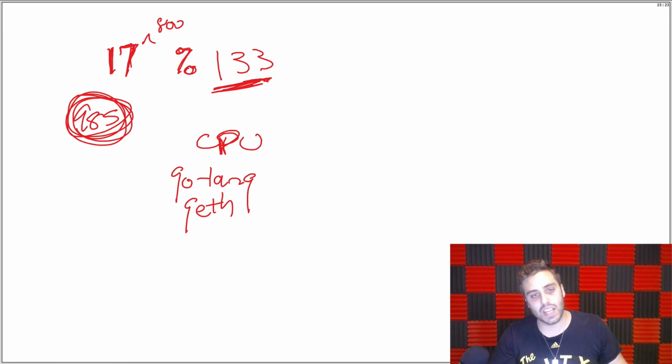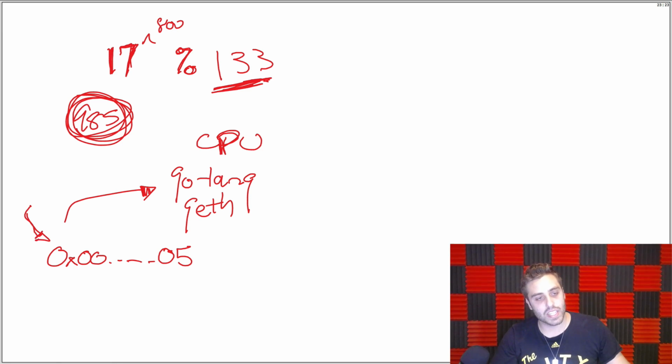So here's the idea behind the native contract: you'll make some address, let's say like 0x00, and these are all zeros, all the way into 05. And at this address, you're going to hard code into the Golang client. You're going to say, if anybody ever makes a call to this contract, instead of actually finding the contract that's deployed at this address, we're just going to hard code the algorithm for modular exponentiation at this contract address.